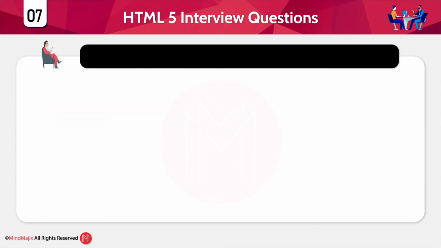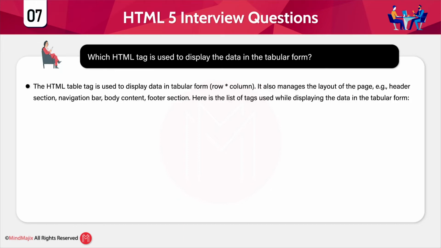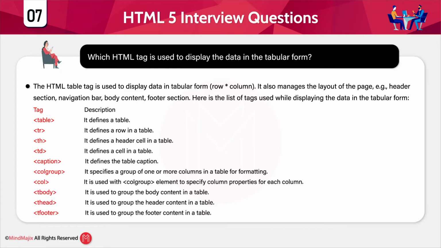See guys, which HTML tag is used to display the data in the form of tabular format? It is obviously the table tag, right? The table tag is used to display the data in terms of rows and columns, and that is tabular form. There are different tags that we have to furnish the data in terms of rows and columns. We can go for headings, table data, table rows. We can also give a caption. Caption describes the purpose of the table. There are different tags that we use to display the data in the tabular format.